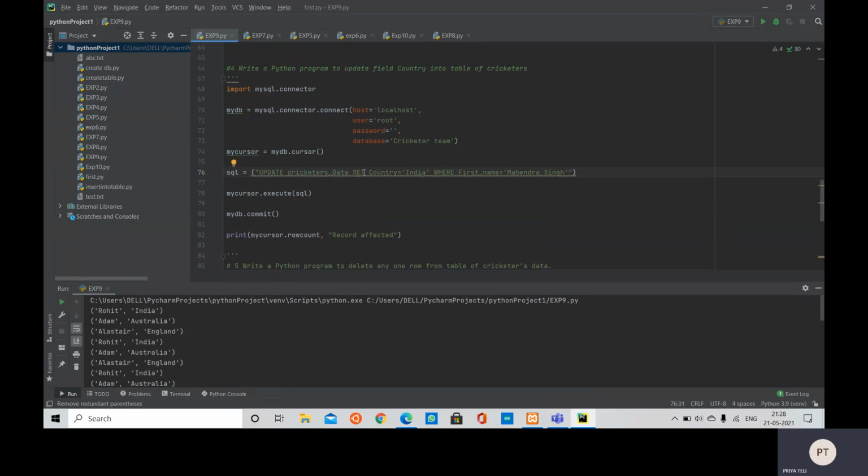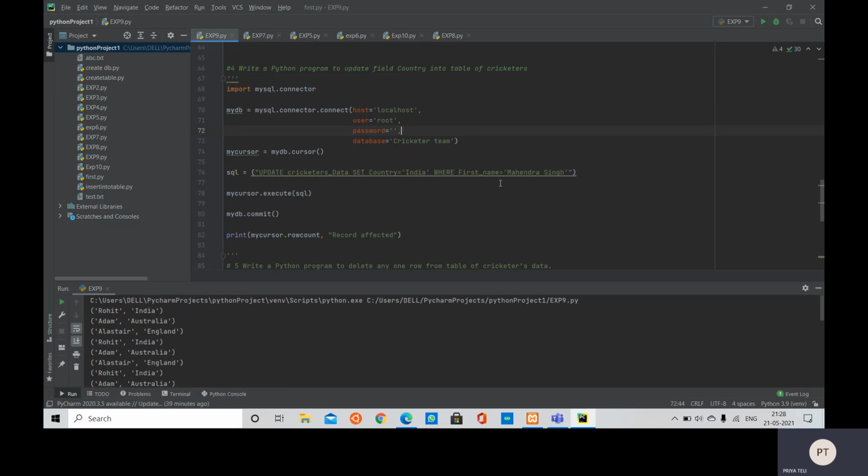Then what we have to set, we will use the set command, followed by the field name or column name. So country equal to India, we have to set country equal to India, where, here the command where comes, followed by the column name first name, where the first name will be Mahendra Singh. So wherever the first name is Mahendra Singh, we have to set country equal to India.